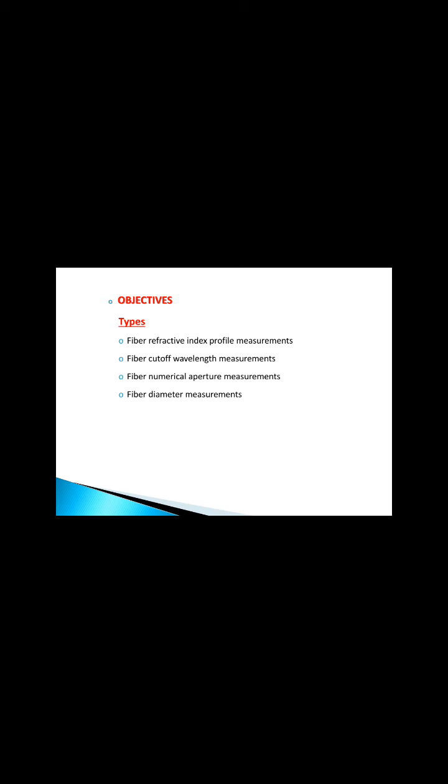One is the attenuation, the second one we saw is dispersion. In attenuation itself we saw absorption and scattering. In dispersion we saw general dispersion tau parameter and tau g group velocity difference calculation. Then we had the refractive index profile measurement using interferometer, and the next one is the cutoff wavelength using the mandrel property. The last two measurement parameters are numerical aperture and fiber diameter.